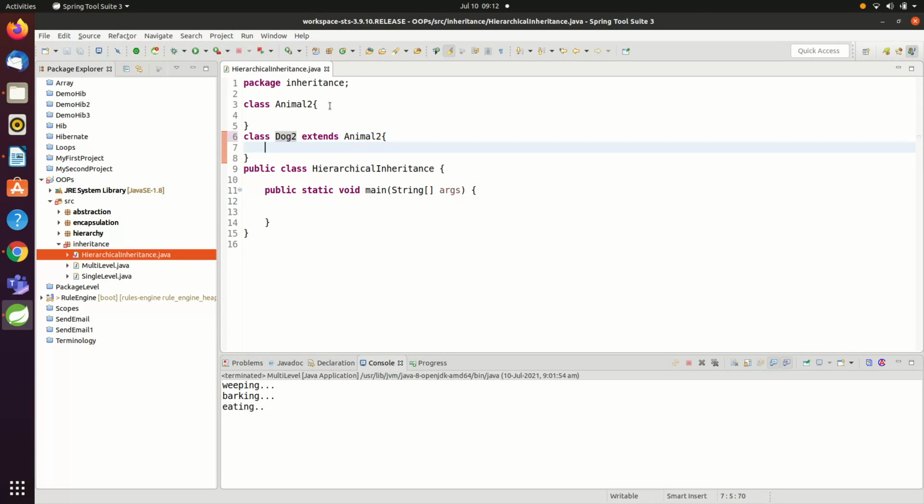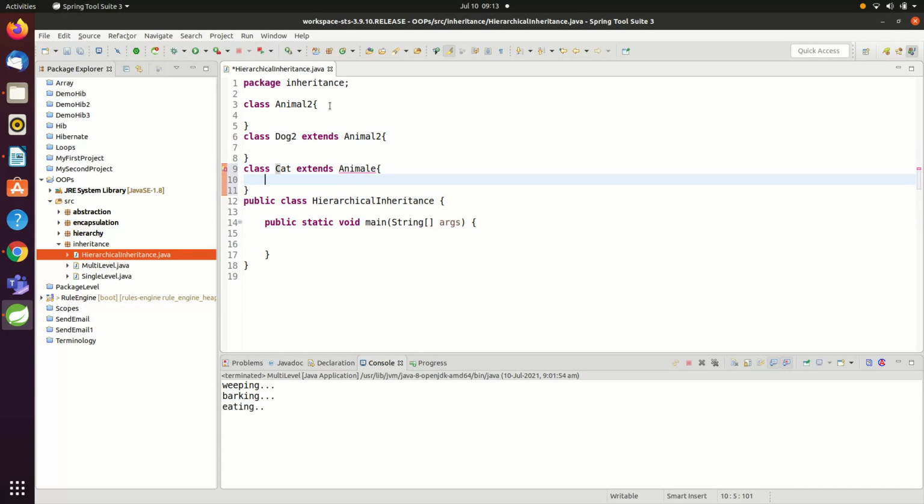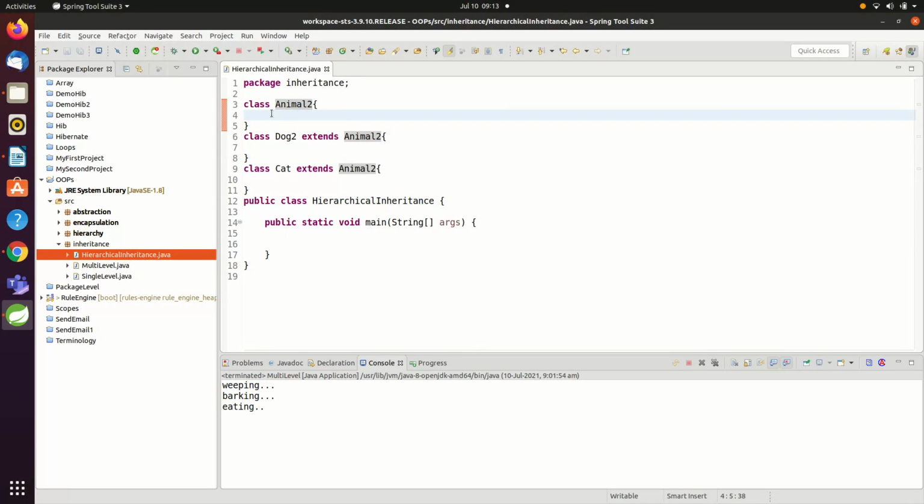Even dog 1 we have, so I will give the name as dog 2, and we will have a new class cat extends animal 2. So what different thing we have done is we have extended animal 2 class by these two classes, dog 2 and cat. Now first we need to define a method in all these classes.